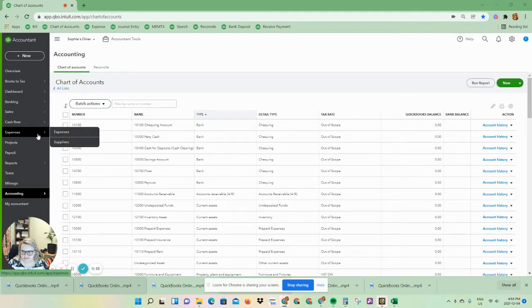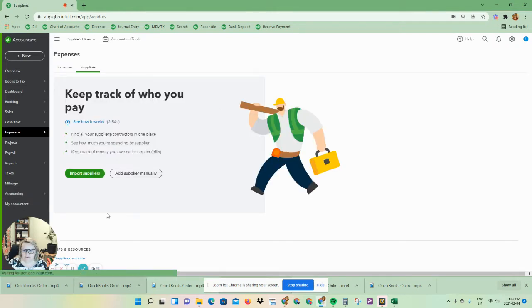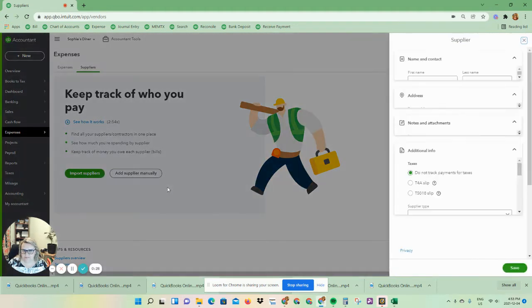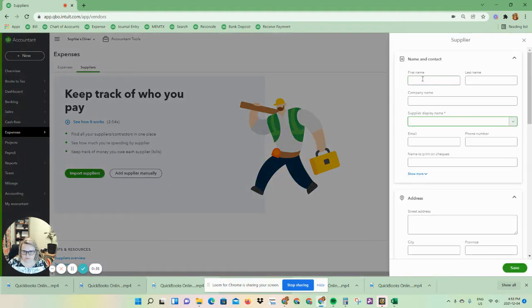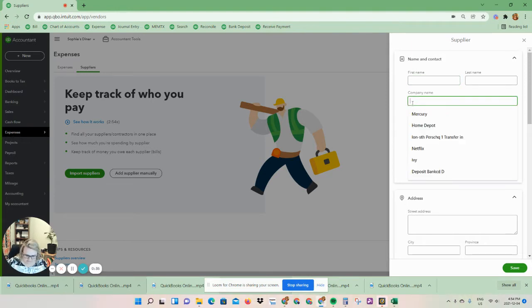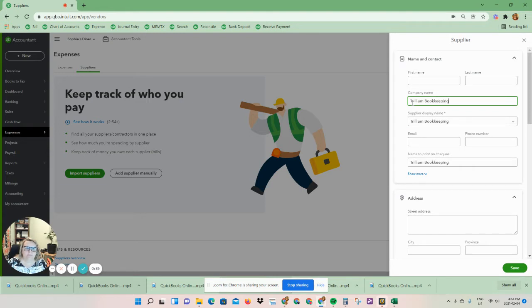So we're going to go to expenses and then suppliers. And this will take us to the area with the suppliers. Now, because this is a new file, we don't have any suppliers in here. So we're going to add a supplier manually. This is the first supplier we're adding in here, but they all go in pretty much the same way. Company name, we're going to add ourselves. So Trillium Bookkeeping. Link, our email address,